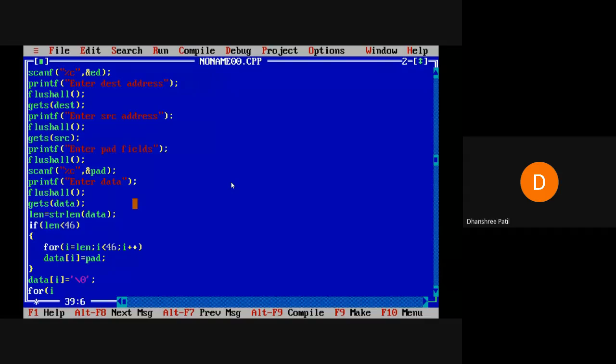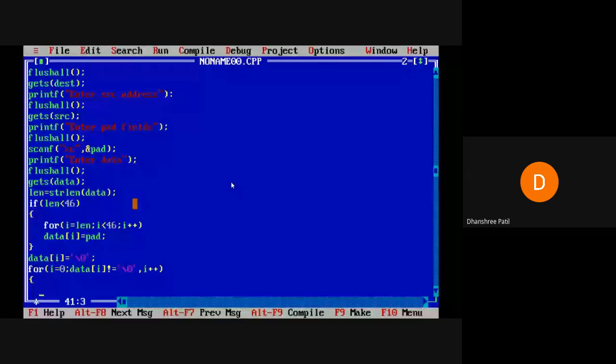So I'll write one for loop, for i equals 0, until data of i is equal to end of the string, then i plus plus.